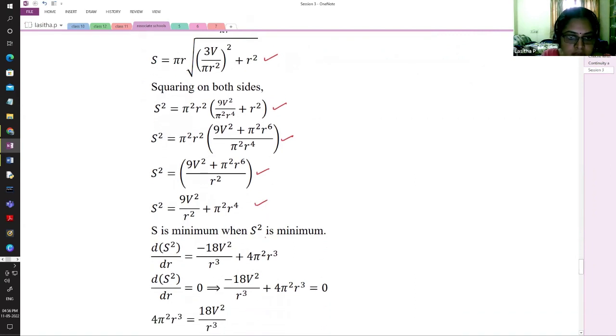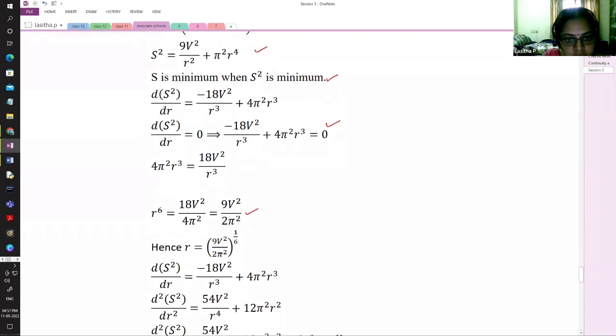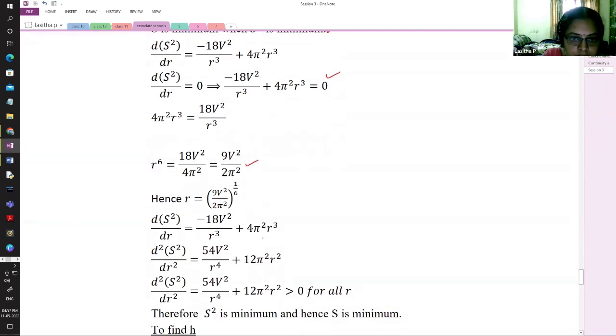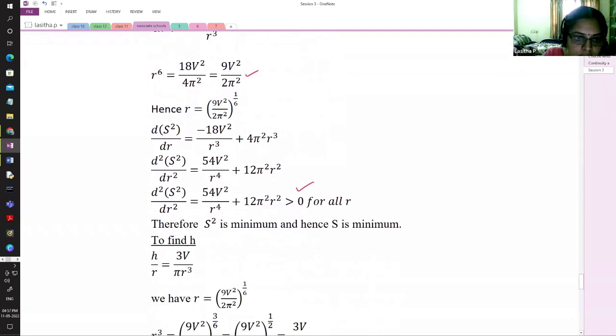So S is minimum when S square is minimum, and so the second derivative test also. Equating the first derivative to 0, we get R to the power 6 is equal to something. I think it's not compulsory to write what R is. Even if it's like this, they'll be able to solve some questions. And here the second derivative, they prove it is greater than 0 for all R. Then the question is to express the relationship between H and R, √2 times the base R. So for that reason,